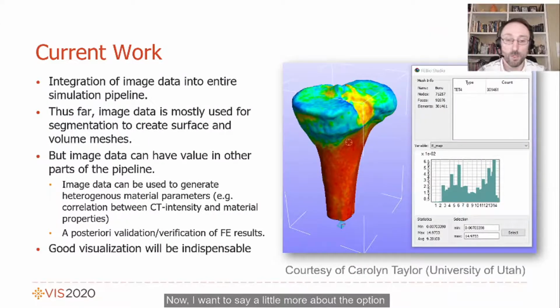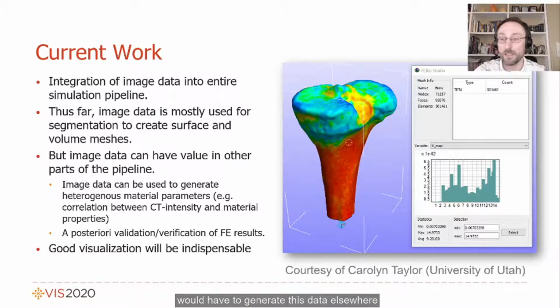Now, I want to say a little bit more about the option to generate data from volumetric images. We're currently working on integrating image data into the entire simulation pipeline. Usually, image data is only used to create the surface meshes via image segmentation, but image data can have value in other parts of the pipeline as well. As I mentioned, it can be used to define heterogeneous material parameters. For instance, it's well known that CT image intensity correlates to some physical properties such as bone density or stiffness. And currently, users such as this user here, who's working on this femur model,